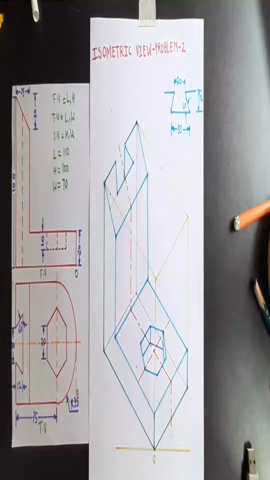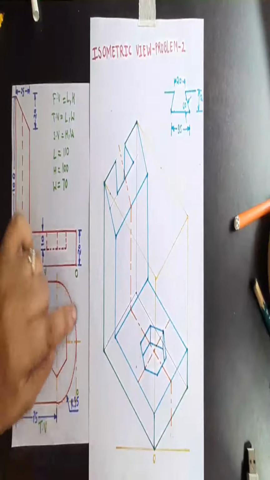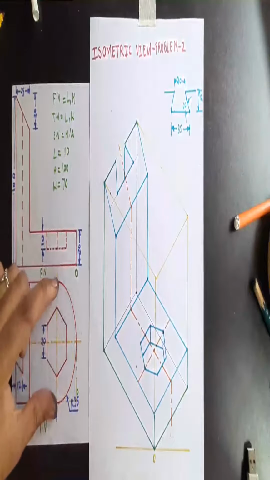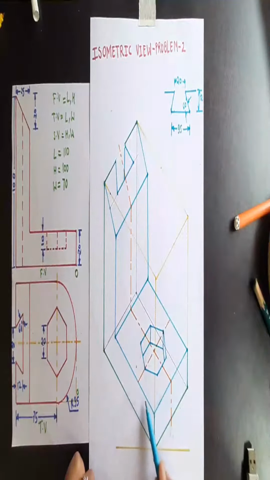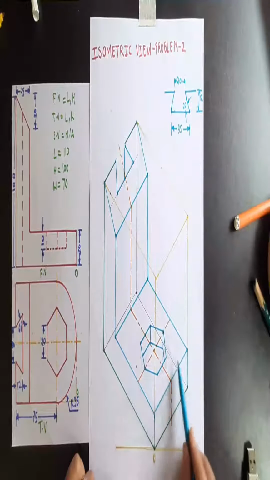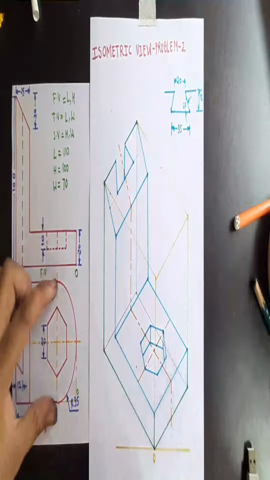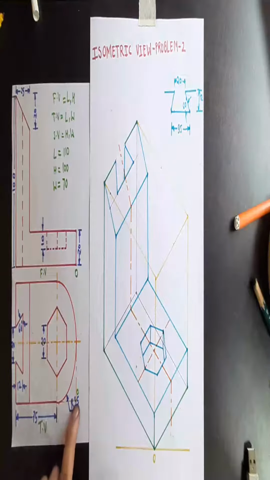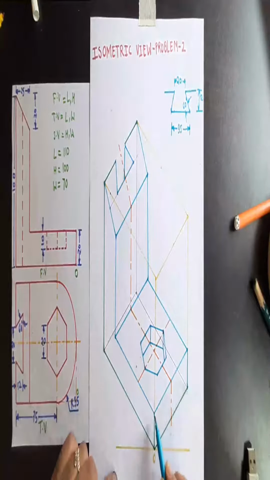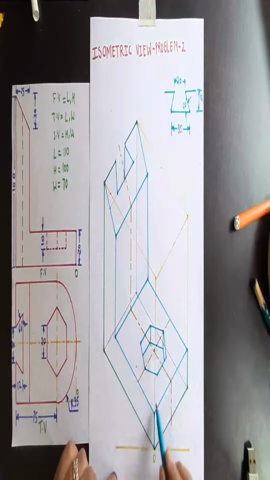Now the last remaining thing is this semicircular part. Now this semicircular part is going to be over here. We have considered initially that it is not semicircular, it is rectangular, but actually it is semicircular and having the radius of 35 mm. Okay, so let's start from this origin point. We are not going to mark over here, let's consider that it is here. So it is along the origin line.